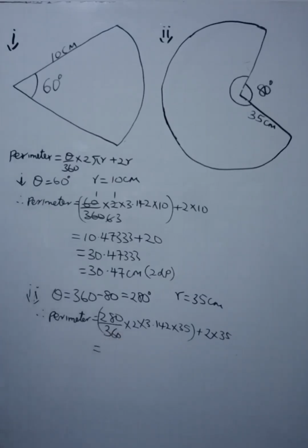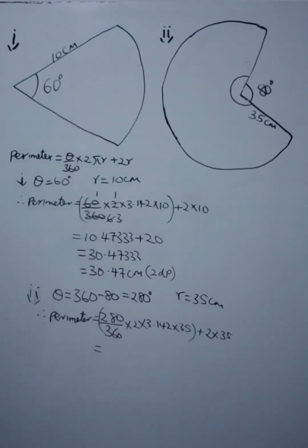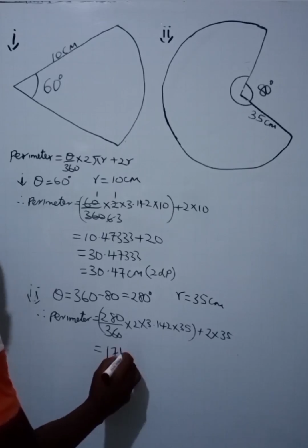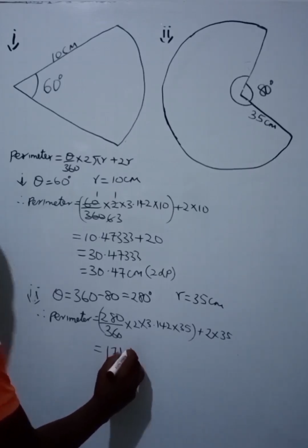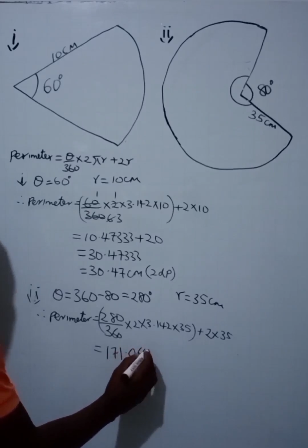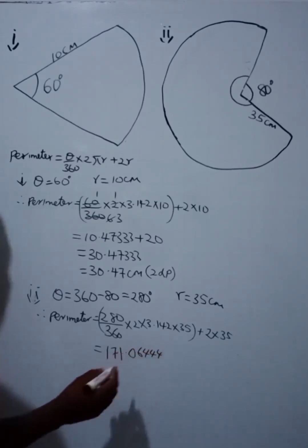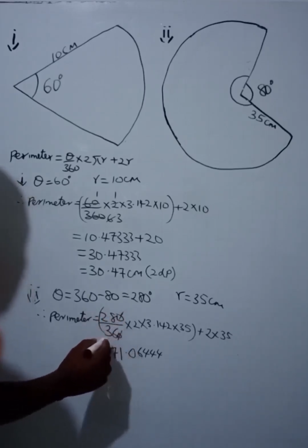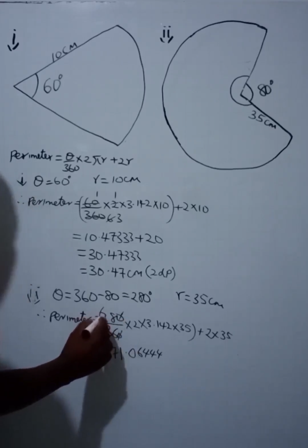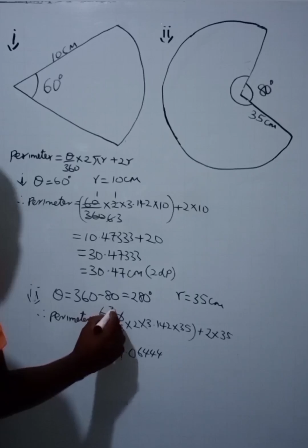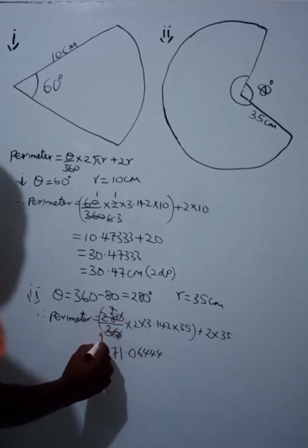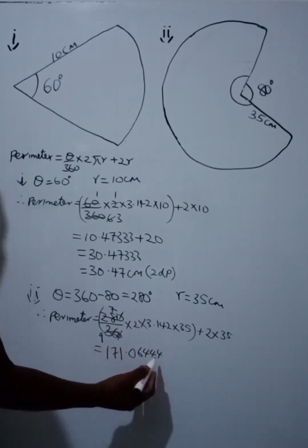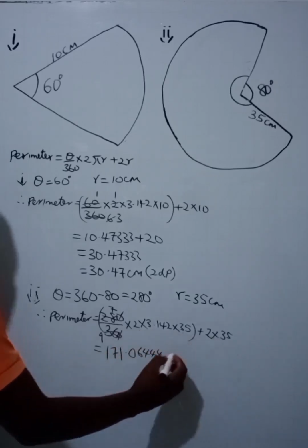Now if you simplify that, you will get 171.0644. And that's from the fact that this here and this one will cancel, then 4 will cancel here 7 times, will cancel here 9 times. And so if you simplify, you get 171.06444 for this one, then plus that 70,